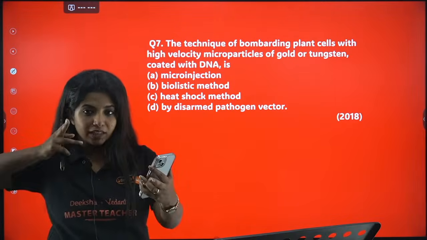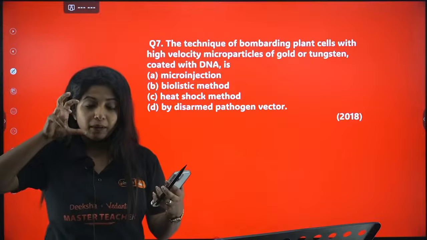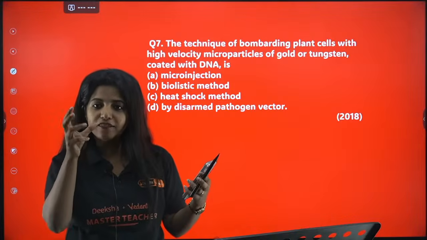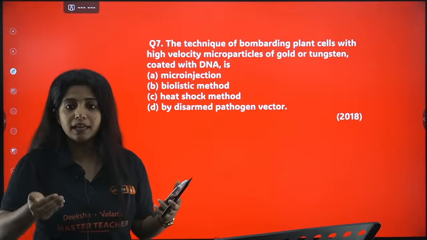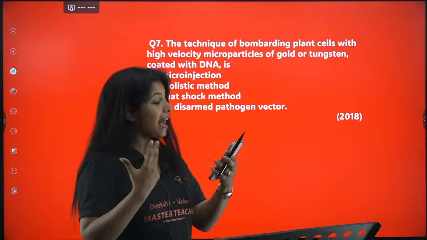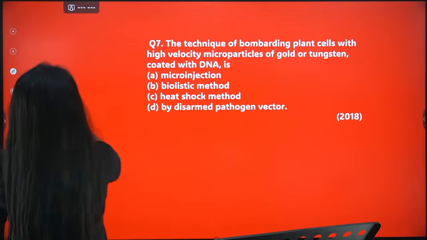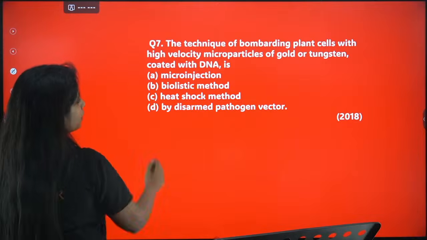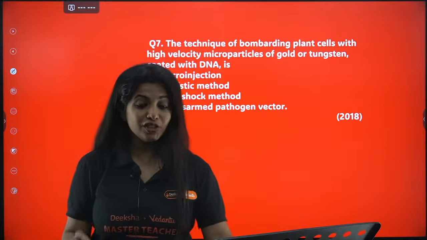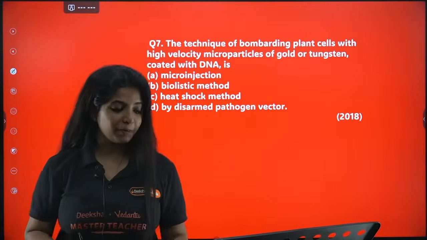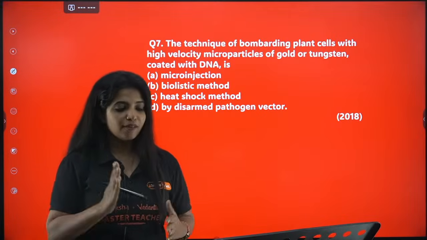I am going to put a gene gun on the plant cells, with microparticles of gold and tungsten, and I am coating it with DNA. What do you call this process? Microinjection, Biolistic method, heat shock method, or disarmed pathogen vector. So gene gun is the name of the method, but it has some other name also, which you need to